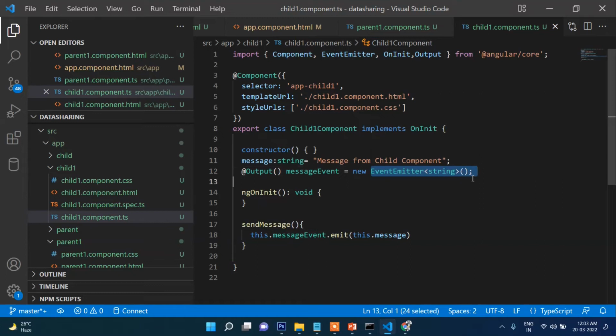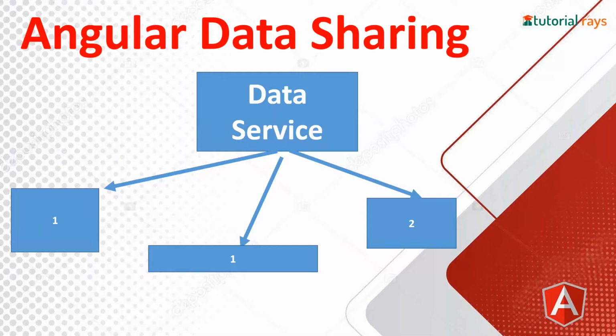And finally, in this last step, we will see how we can pass data from one component to any unrelated component, which is neither a parent component nor a child component. So there can be any component. So how we can pass this through? We will use a service for passing the data to any